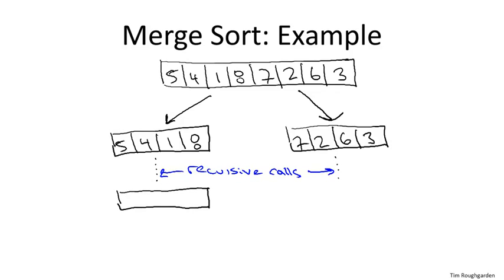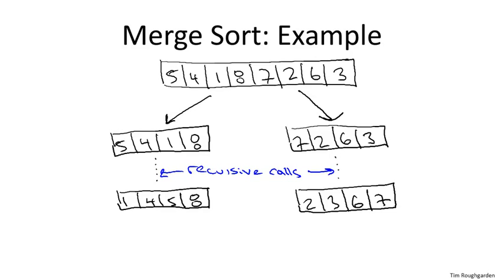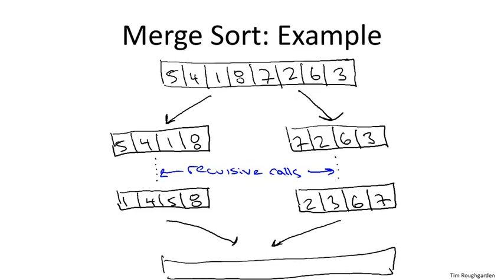So now all that remains to complete merge sort is to take the 2 results of our recursive calls, these 2 sorted arrays of length 4, and combine them to produce the final output, namely the sorted array of all 8 of the input numbers. And this is the step which is called the merge. And hopefully you already are thinking about how you might actually implement this merge in a computationally efficient way, but I do owe you some more details, and I will tell you exactly how the merge is done. In effect, you just walk pointers down each of the 2 sorted subarrays, copying over, populating the output array in